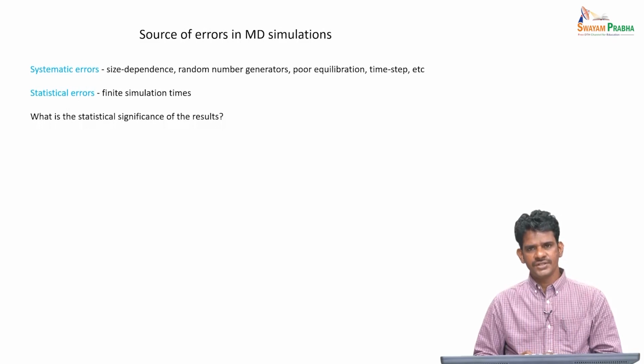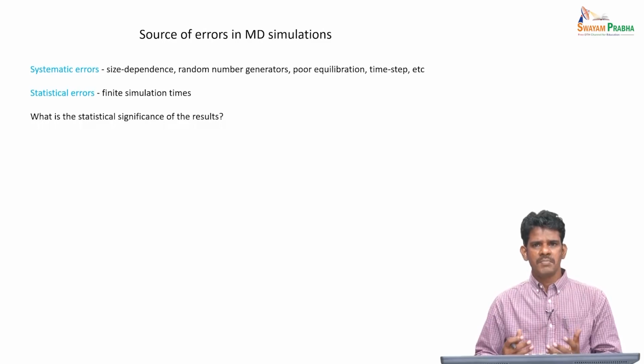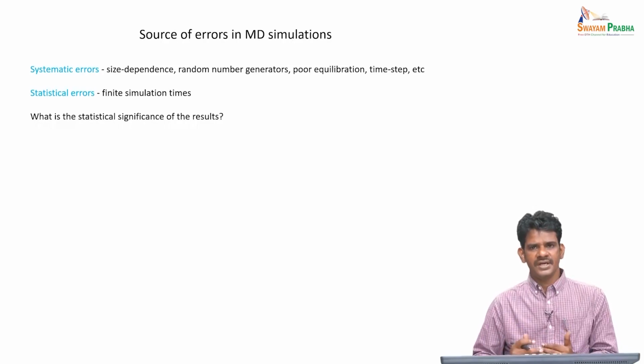Similarly, for the equilibration, we can try to simulate the system with different initial conditions, making sure that the system is really in equilibrium and not stuck in any particular metastable state. During the lecture on equilibration, we already discussed a few methods by which we can verify whether the system has reached equilibrium or not. And similarly, the time step is also something we can always check.